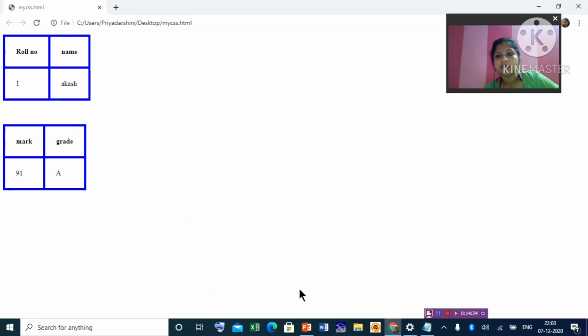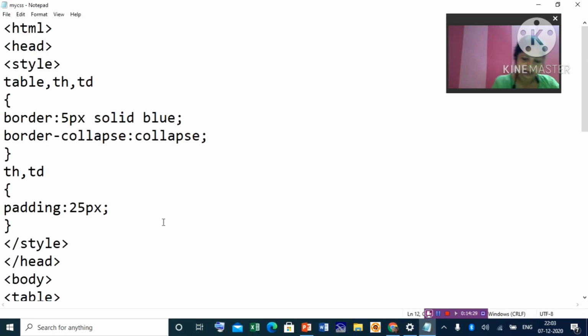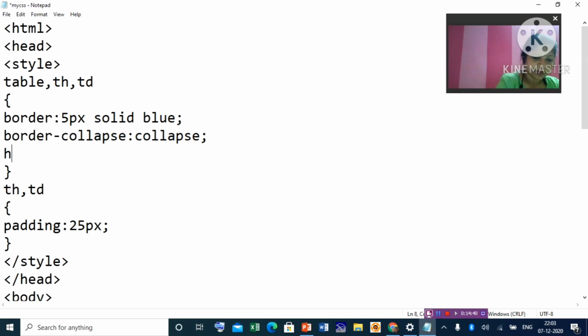Clear? Now come to the height and width. Height and width you can use for any element. You can use it for a table element also. Let us write in table, for the whole table height.